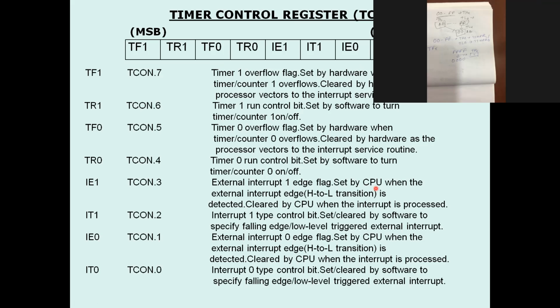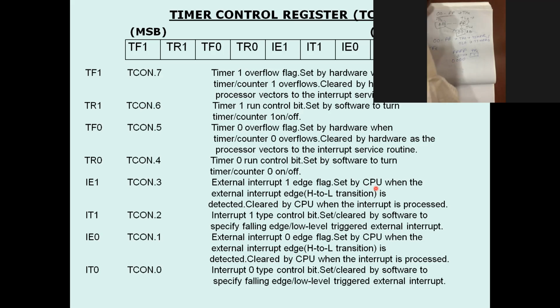Corresponding TFX bit means, for timer 0, it sets TF0, and for timer 1, it sets TF1. Is it clear?